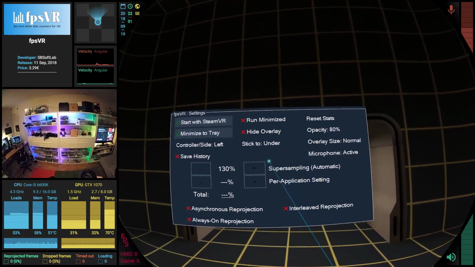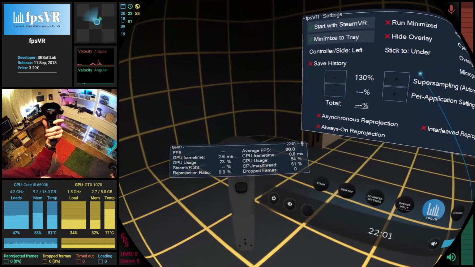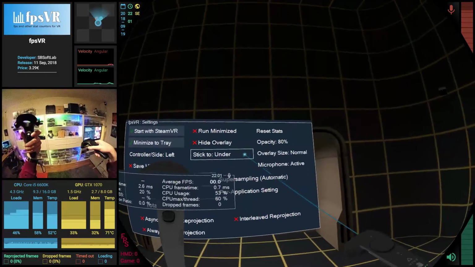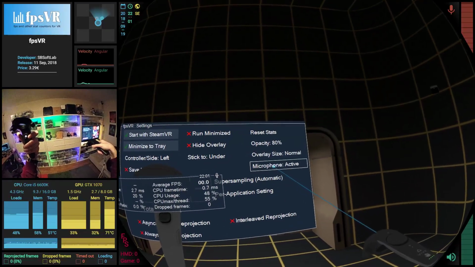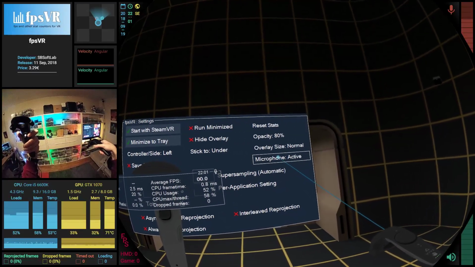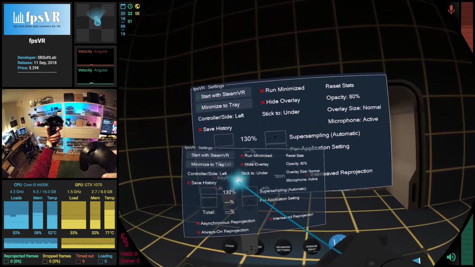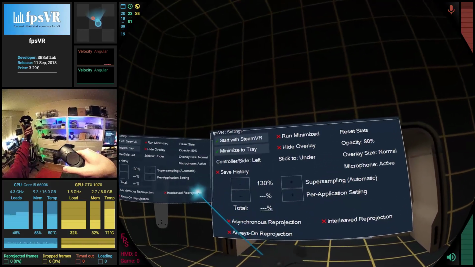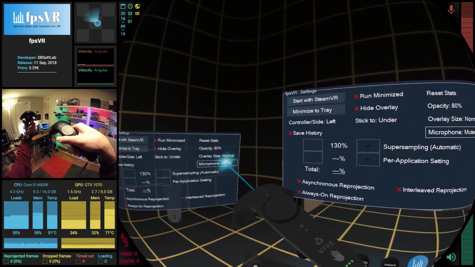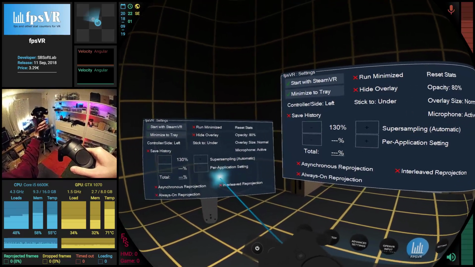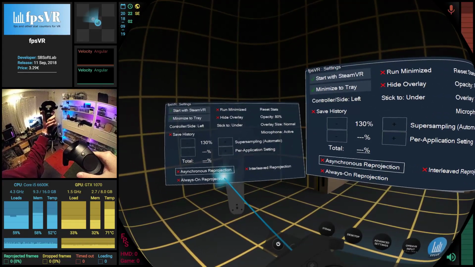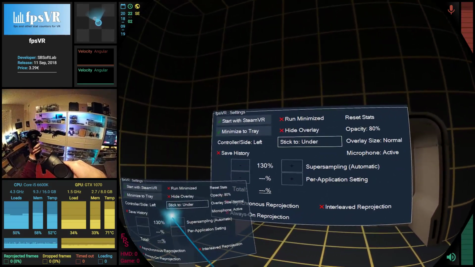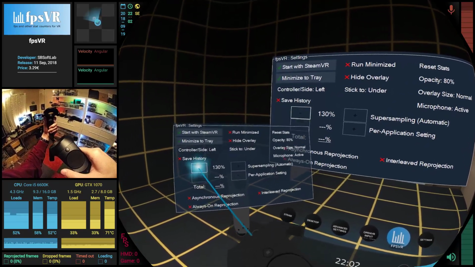Microphone? Does it have microphone? It doesn't. Oh, there's a microphone icon up there. You mute the microphone. Okay, that's an additional feature, I guess. So, yes, this is the same window, just I can get it anywhere. That is pretty neat, actually. You can adjust super sampling. Is this possible to change while in the game? And at the same time you can see